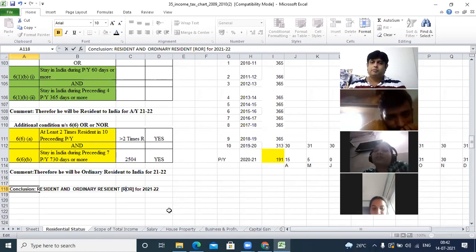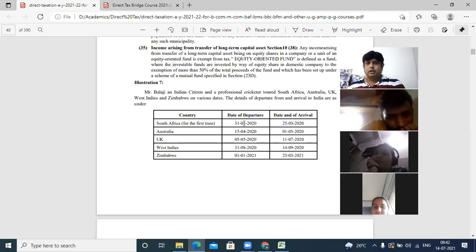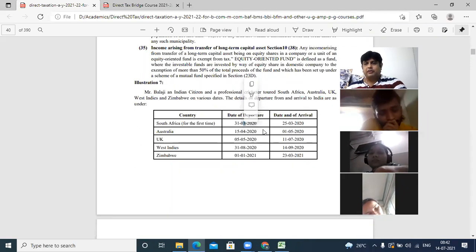सर एक डाउट है, बोलो. फैब में 0 क्यों है? फैब में इंडिया में नहीं है. 31 जन को गया, 25 मार्च को अराइवल है. फैब में कहाँ था? साउथ अफ्रीका गया था ना. क्लियर है? Yes, sir. अरे मैंने बोला ये टाइपोग्राफिकल एरर है. 31 मार्च के बाद 25 मार्च नहीं आ सकता, तो 31 जनवरी माना इसको। तो अगर 31 जनवरी को चला गया तो फरवरी में कहाँ था वो? साउथ अफ्रीका कंट्री में था। अगर साउथ अफ्रीका कंट्री में था तो इंडिया में कैसे रहेगा? आया कब? 25 मार्च को।